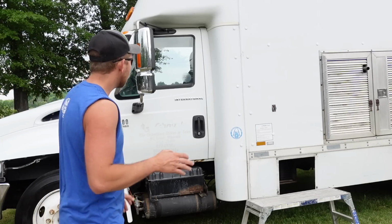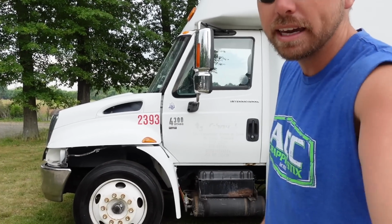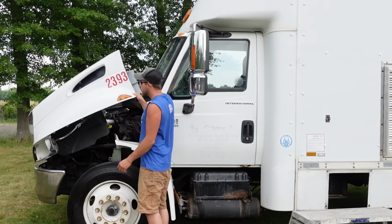So anyway, talk about it a little bit. I've had this truck for about a month, and I honestly have been so busy with other things I haven't done anything. I found it, I bought it, I parked it in my front yard, it became a yard ornament. So this is one of the things that I want. And like I said, I know my issues are a little different than other people, but if I want to work on this truck,